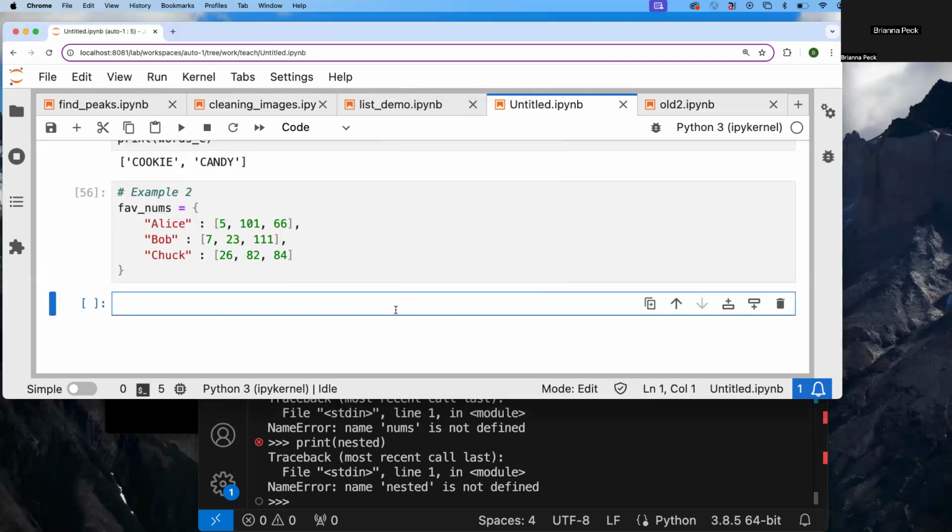And then if you want to practice, you can practice taking what I did in one line and putting it into a for loop kind of notation. Okay, so I'm going to call average nums. Then I'm going to call dictionary because I'm making a new dictionary with just the averages of their favorite numbers. And then I'm going to call the key. And then I'm going to call sum